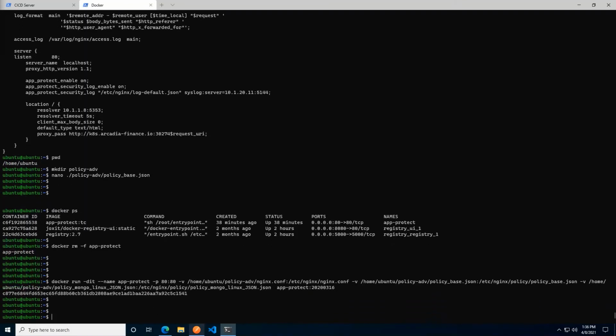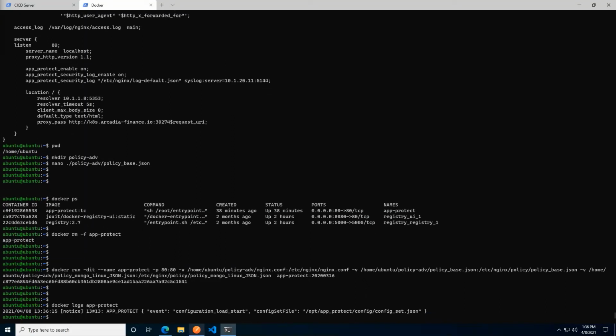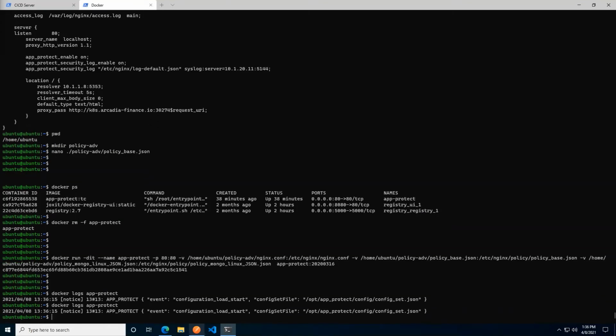There we go. And if we give it a second to compile its policies and whatnot, we should be able to see some output here. It's not done yet, but we'll give it a moment.